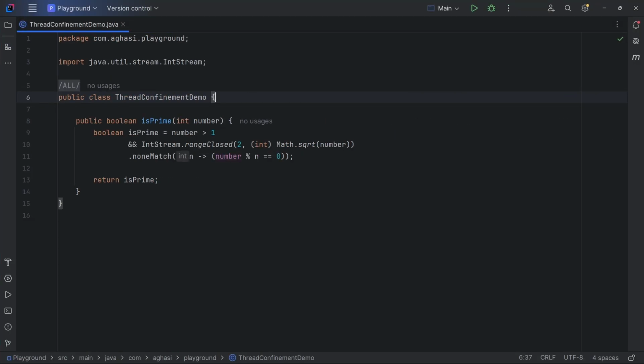This Java class has an isPrime method that is called by multiple threads to check if a given number is prime. While the method must be thread safe, the isPrime variable at line 9 is totally thread safe because it exists only in the caller thread's stack memory and it isn't shared with other threads. This technique is called stack confinement, where objects are accessible only through local variables.